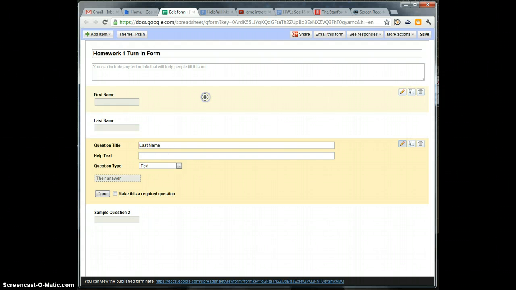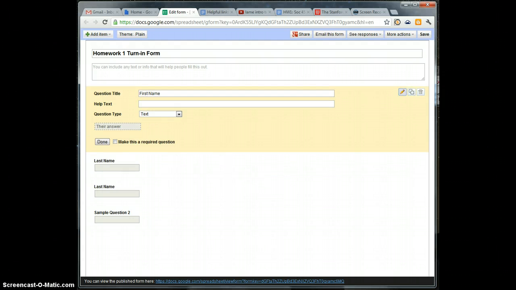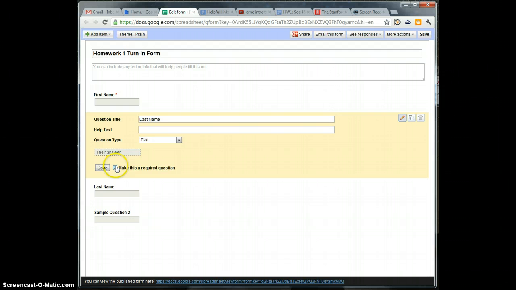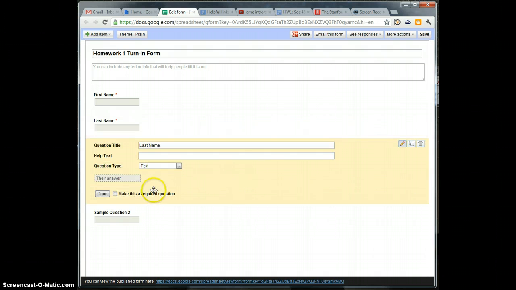And actually, what I should have done for this one right here, I'm going to edit it real quick. I'm going to make this a required question. I'm going to do that for the next one too. And if I would have done that on the first one when I started copying them, then they all would have had that. But I forgot. And then for this, I'm going to use